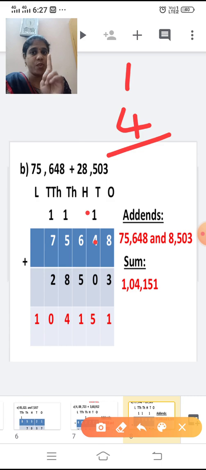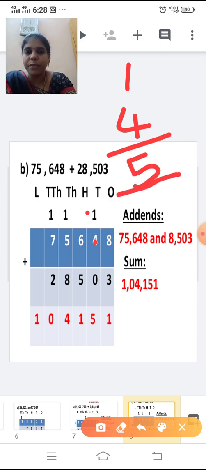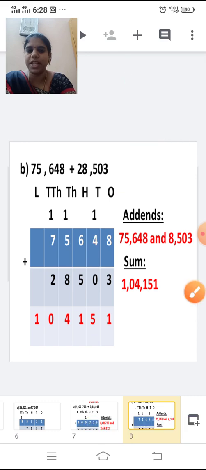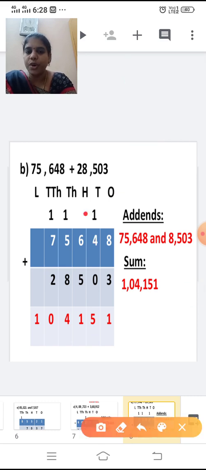4 in the mind, 1 in the finger. After 4 I'm going to add only one number. After 4, 1. 4 plus 1, 5. So with this 5 I'm going to add 0. 5 plus 0 is 5. So write 5 below the tens place. Now move on to the next one.